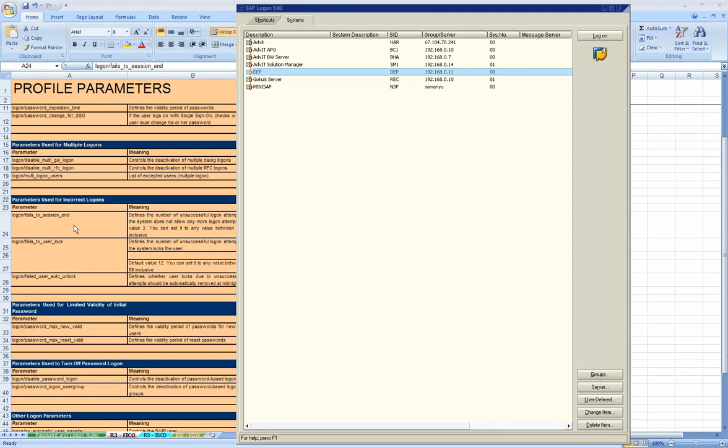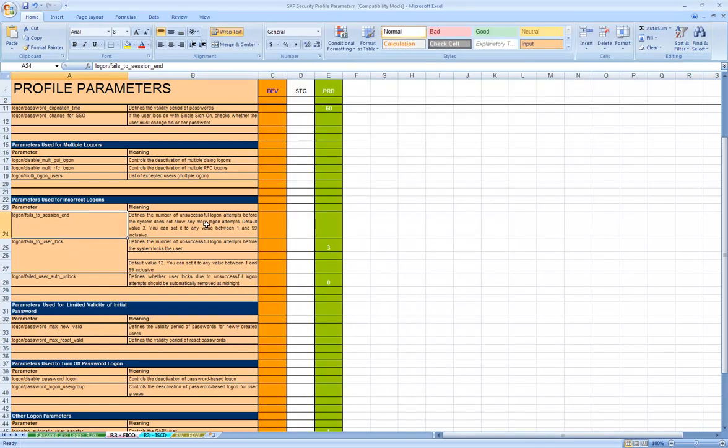So this control, for example, we got disabled after 3 or 4 attempts. Now this parameter is not set by default in the system, so you have to set it. So after 3 attempts or 4 attempts, whatever value you set for this parameter, the session will get terminated after invalid, unsuccessful attempts.